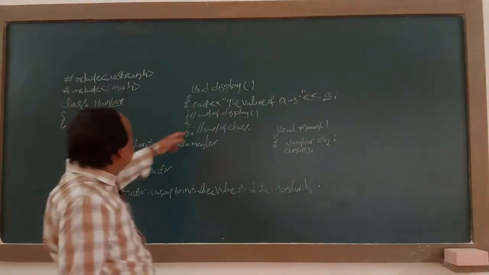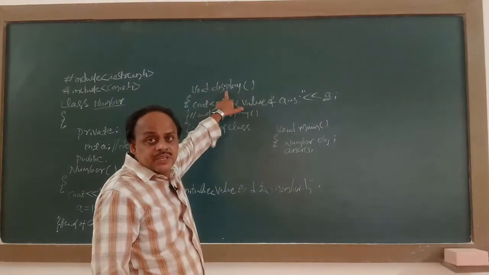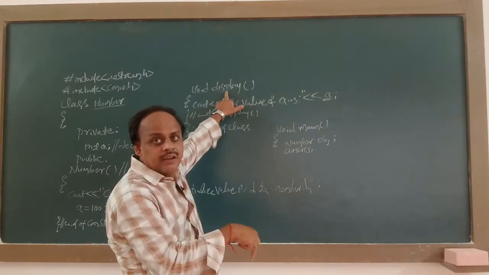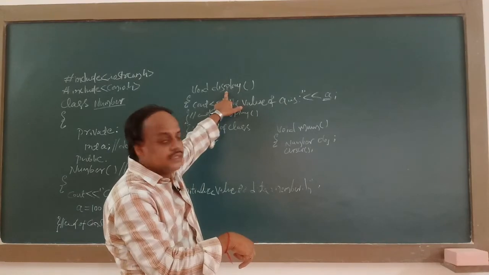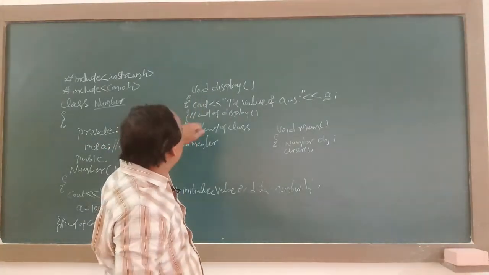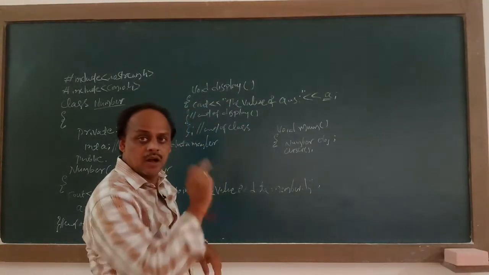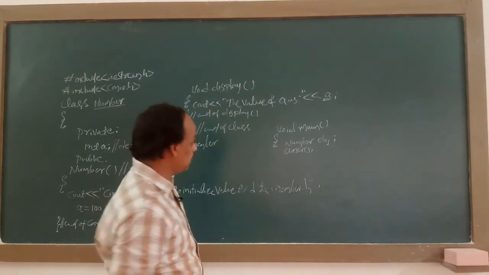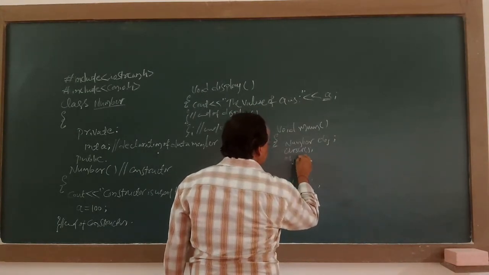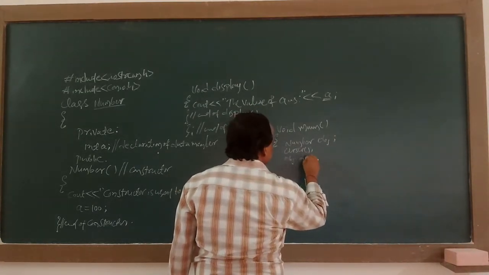Now this class contains one display function. To execute this display function, we have to call it, right? We have to call it. This display function is there in public section, right? So how to call this public function? Object dot function name. So therefore obj dot display function,